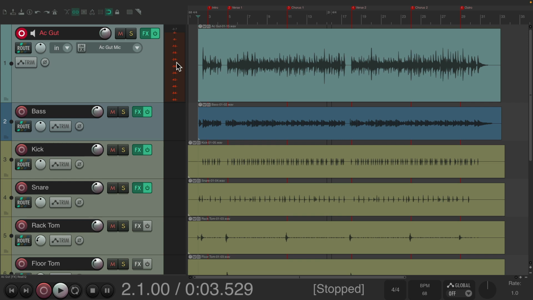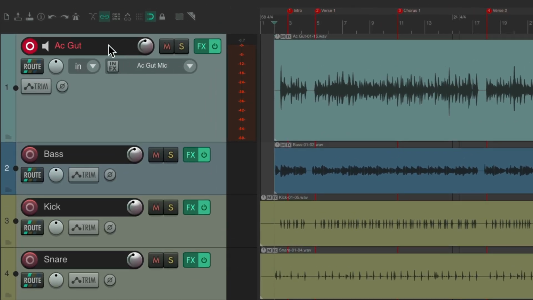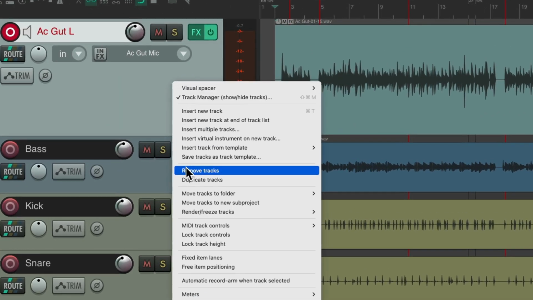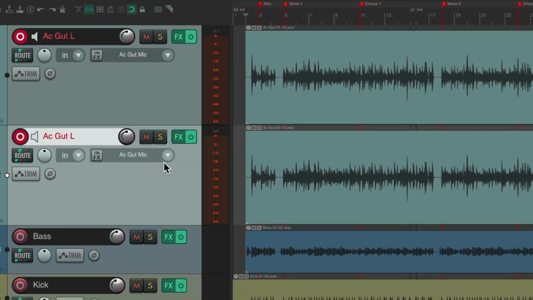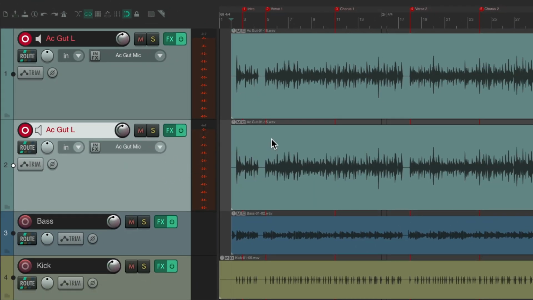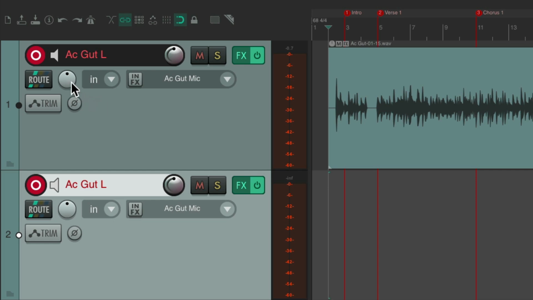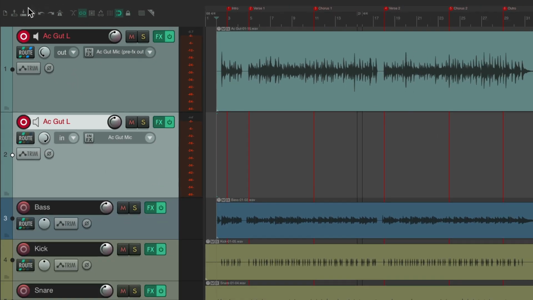Now to make this sound wider, let's double it, panning one left and the other right. Let's rename this, and we'll right-click it, duplicate tracks, and we'll delete this audio. We'll pan this one to the left and this one to the right. Take this one out of record,